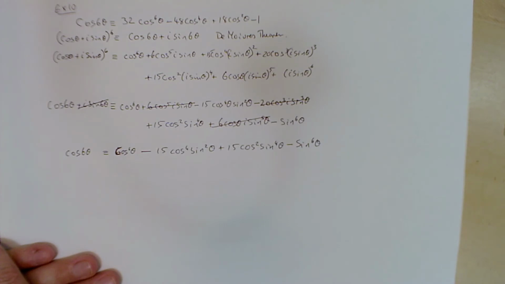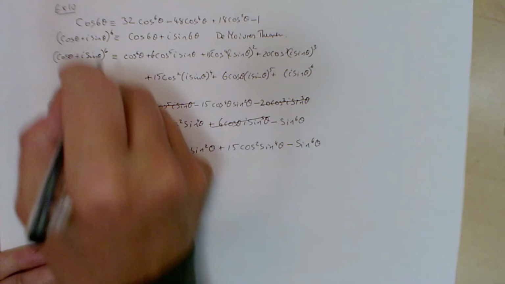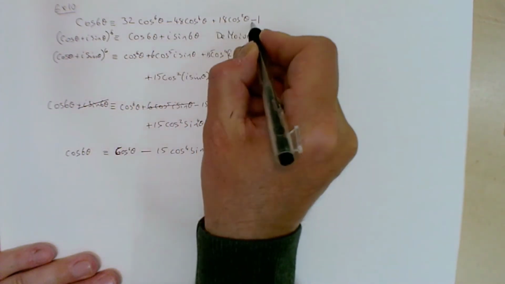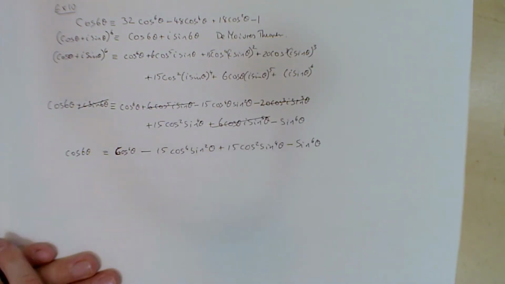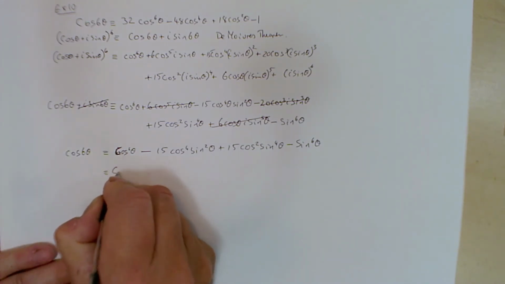We're getting closer, but we've got a problem here. What we're trying to get to is something that only contains cos. This contains sine. So we're going to use our old friend, the identity, and I'll show you when we get to it,